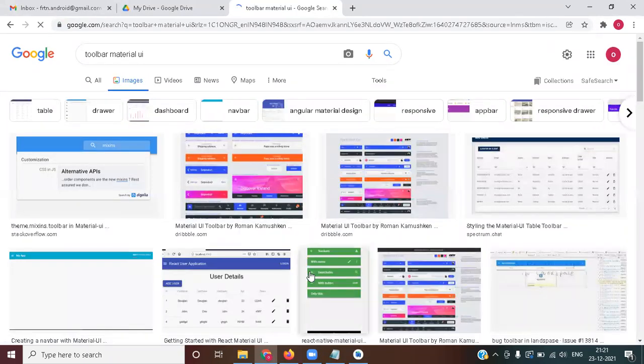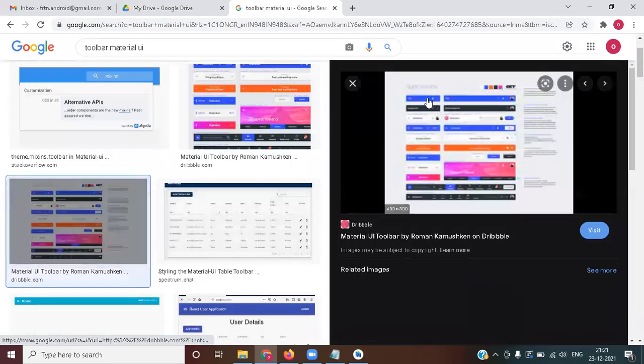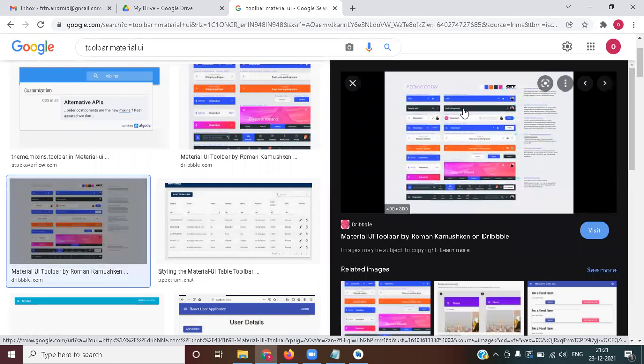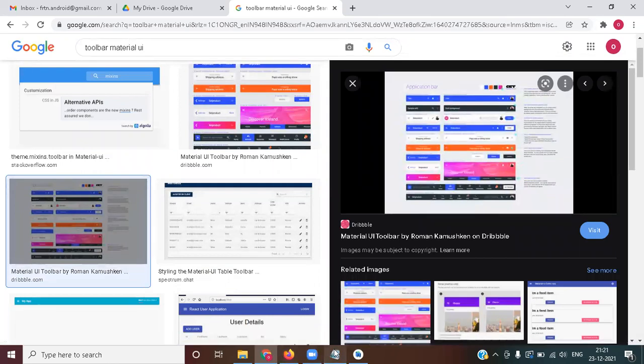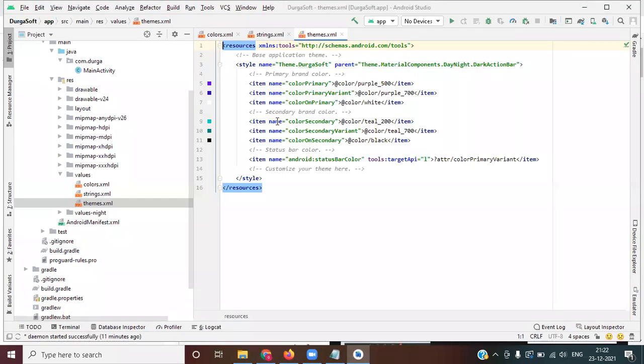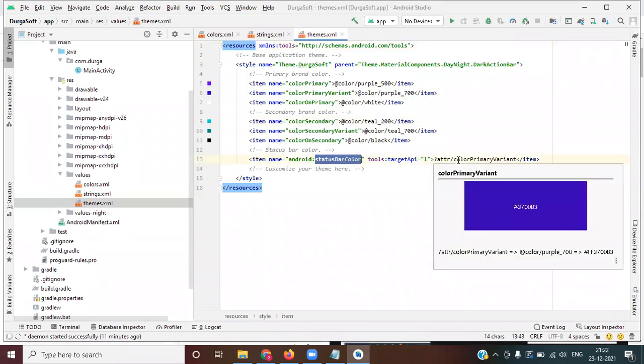So this is called a toolbar, guys. For this toolbar, which color you want, blue, black, red, orange, that kind of colors you are going to decide here. Here, purple 700, white, teal 200, like that. The status bar color, toolbar or status bar we can say, that is one.